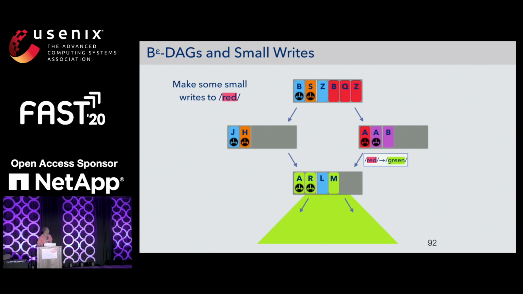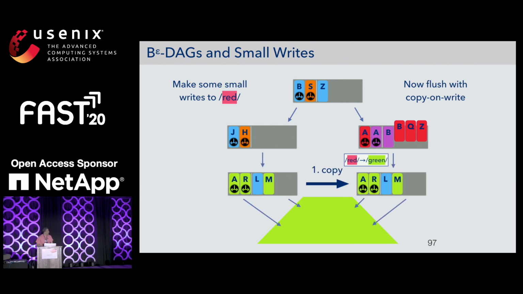As we keep adding messages, they're going to flush down the tree, and eventually we're going to get to a point where we want to flush into this shared subtree. So how are we going to do that? Well, the idea is we're going to flush with a copy on write. This is a sort of complicated process, so I'm going to break it down into a bunch of steps. The first thing we're going to do is copy the node itself. Once we've copied the node, we have a node here that has some of the data that we want, but it doesn't have the right keys anymore,